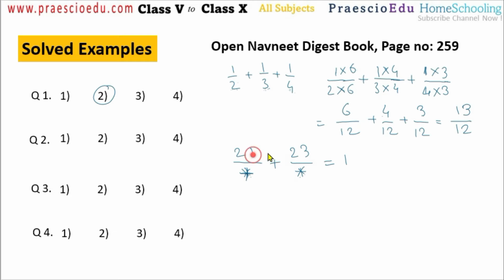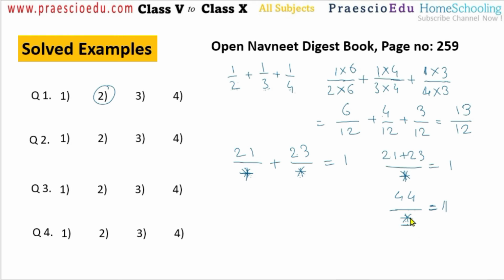So we will keep the addition on the numerators, because they are like fractions. So 21 plus 23 divided by asterisk in the denominator is equal to 1. Now 21 plus 23 is 44 divided by this asterisk is equal to 1. So 1 becomes only when the numerator and the denominator are the same number. So here 44 divided by, there should be 44. If there is another number, that is a fraction, not equal to 1. So this asterisk must be 44.